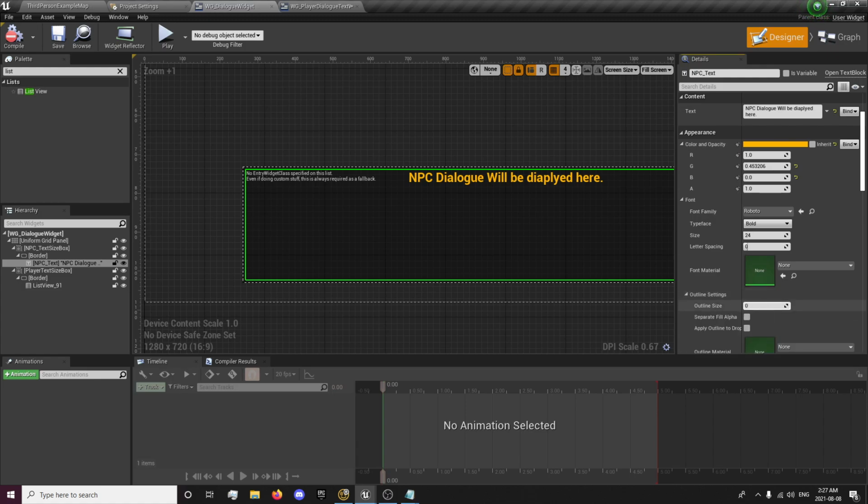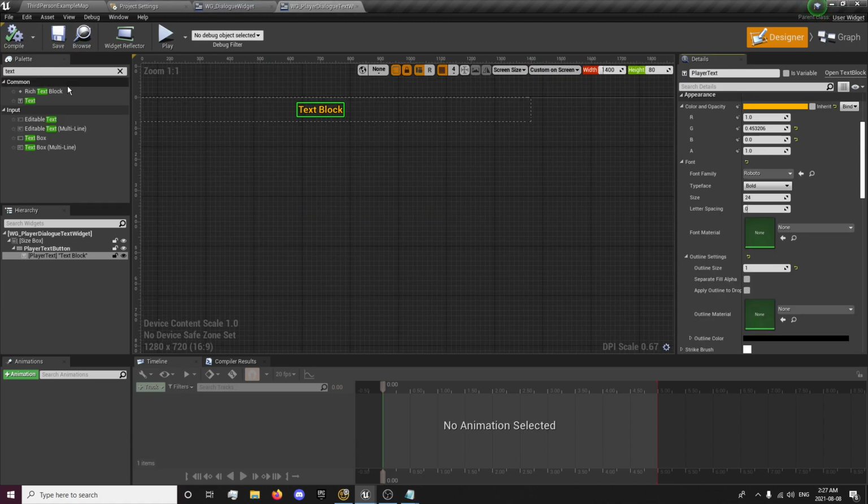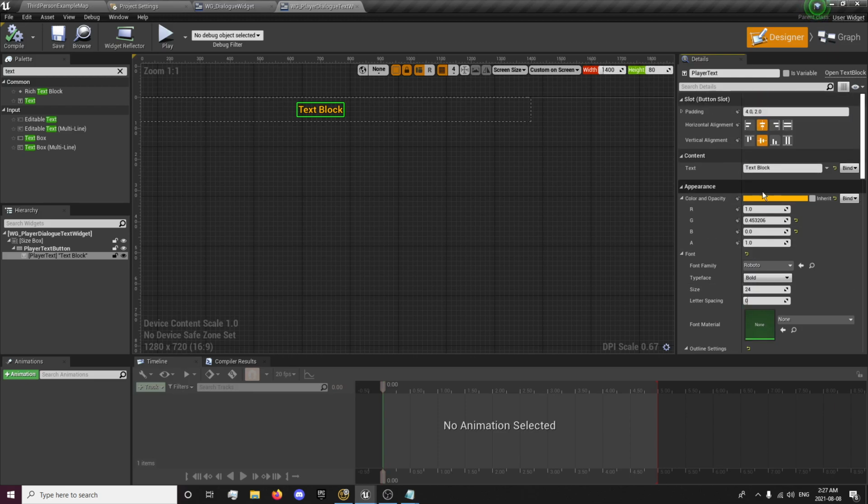There it is, in that font. Give it a little outline. Compile that. Compile this, and now that we have this set up, we also gotta make sure that we have